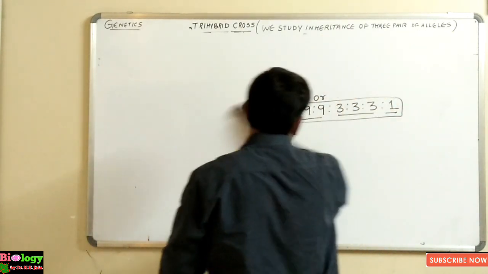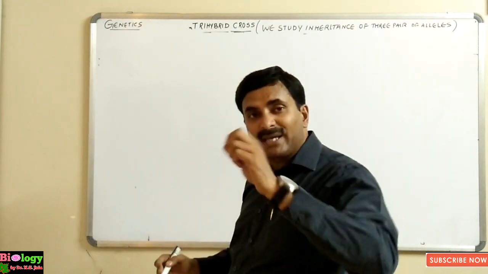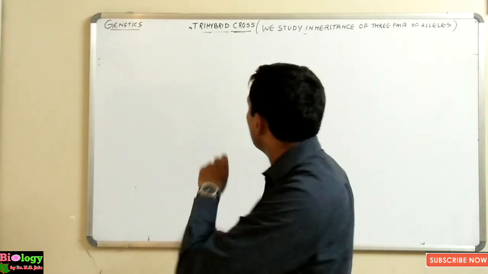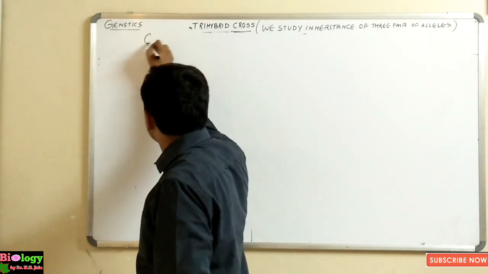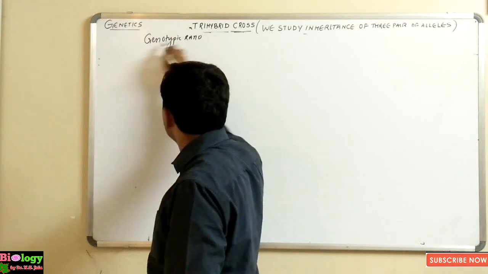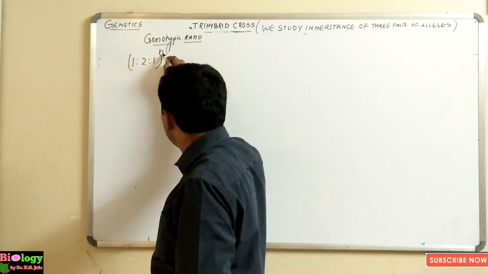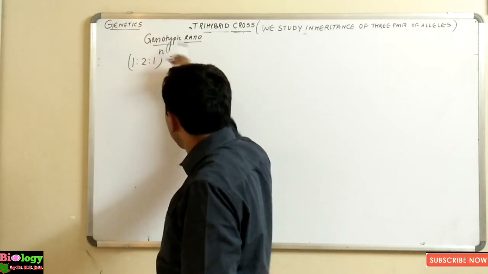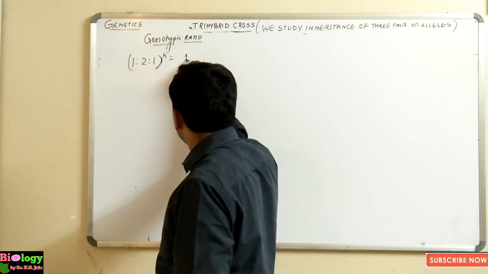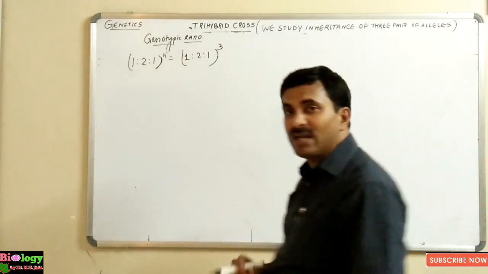It is very typical. See here. Calculating it by the traditional method is a little bit tedious and cumbersome. So to calculate the trihybrid cross genotypic ratio, we will be using a formula: 1:2:1 to the power n. Because it is a trihybrid cross, we will use 1:2:1 to the power 3, because we have taken